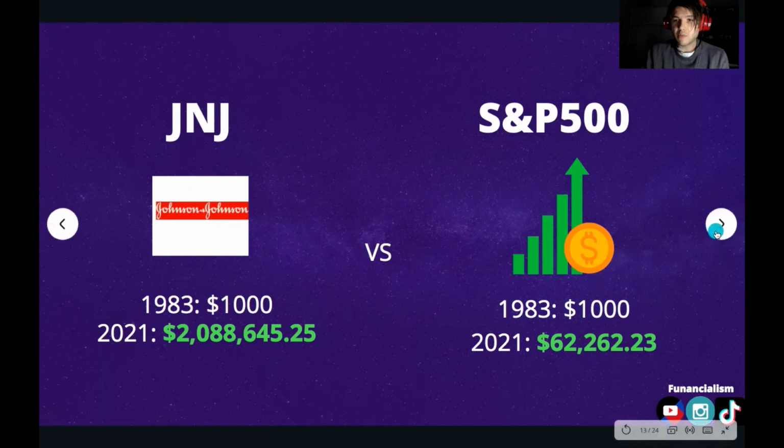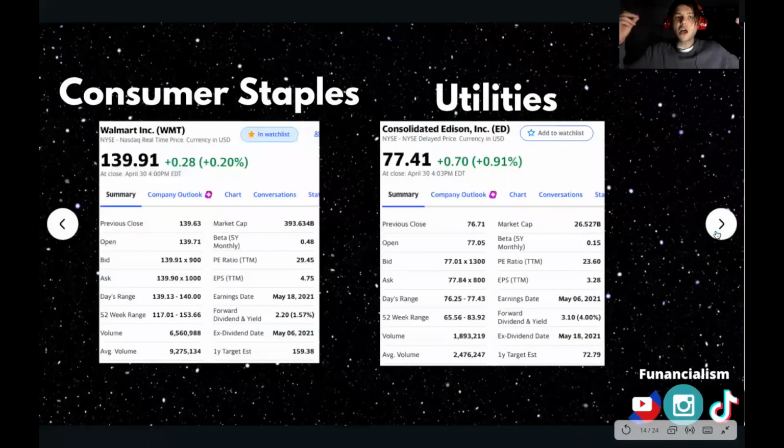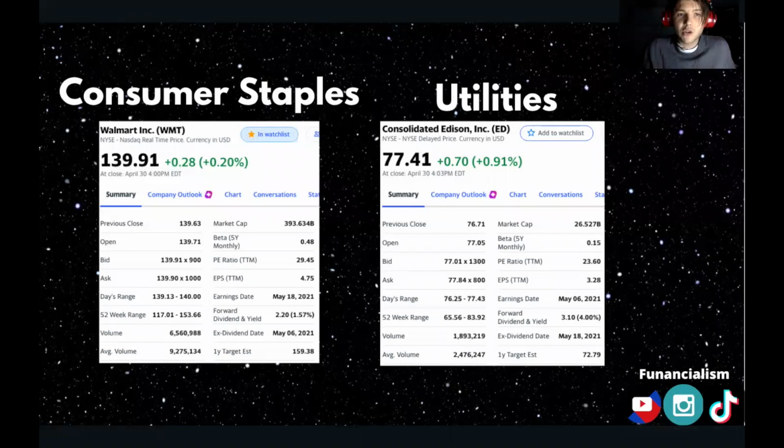So let's keep moving here. Maybe we could check out some other ways to diversify. So other sectors when it comes to dividends, consumer staples. Shout out to Staples, but we're not talking about Staples. We're talking about Walmart. Walmart's paying out a 1.57%